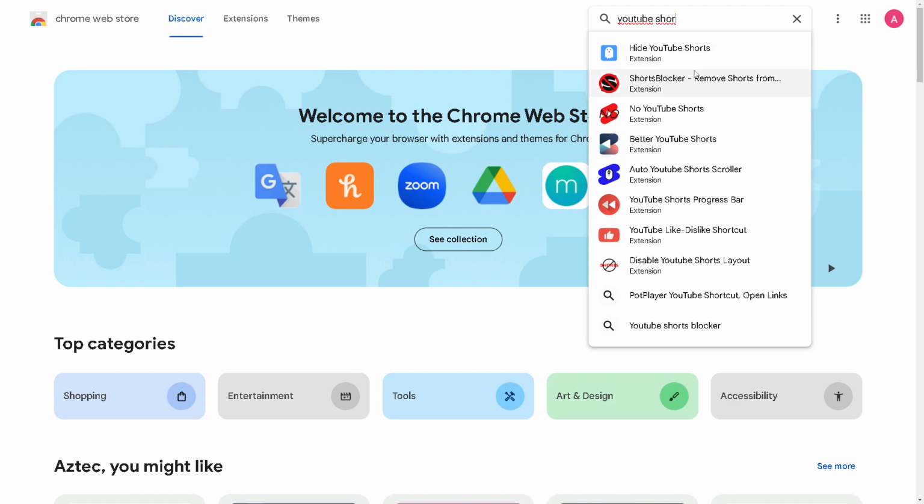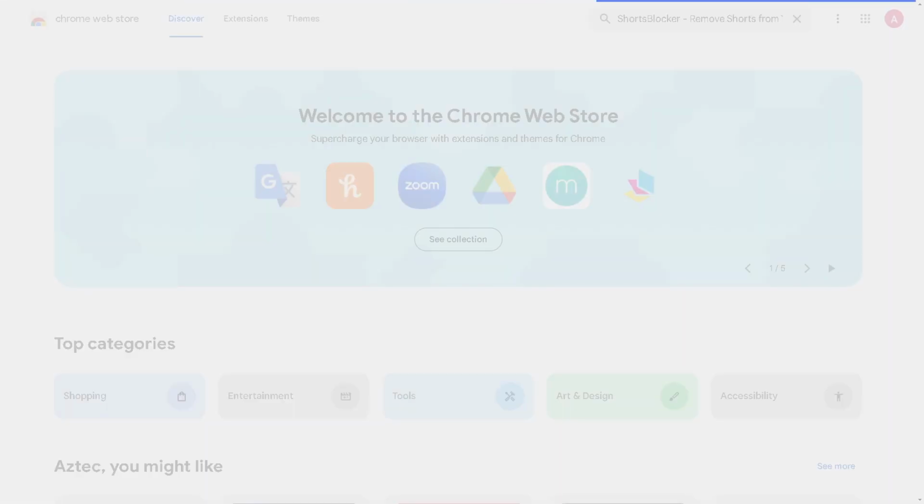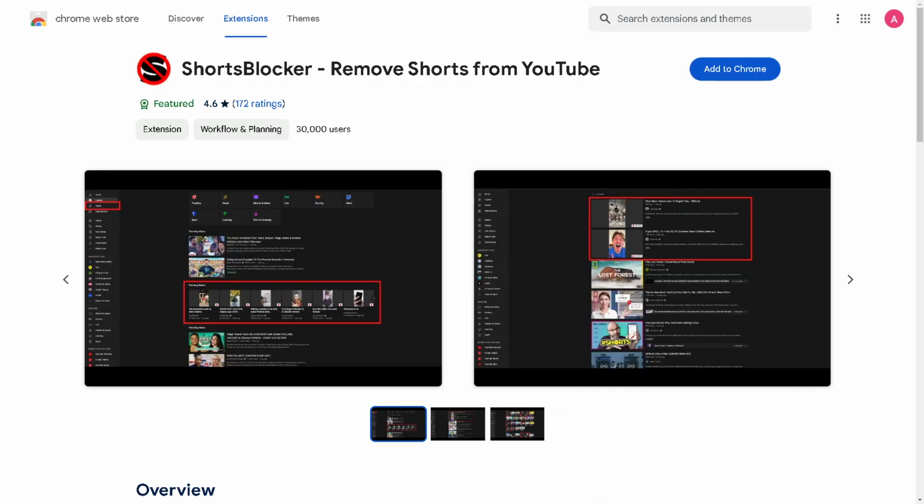Hide YouTube Shorts, Shorts Blocker, No YouTube Shorts, Better YouTube Shorts, Auto YouTube Shorts Color. Say for example, we want this one. This is the best way to disable YouTube Shorts on any device, especially with browser extensions that block Shorts